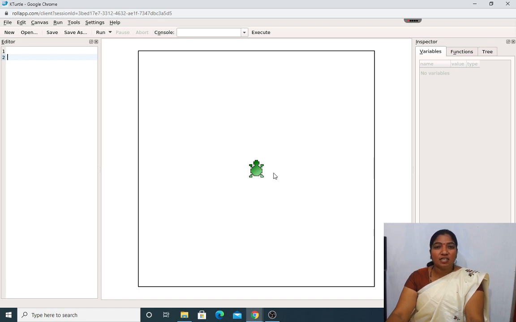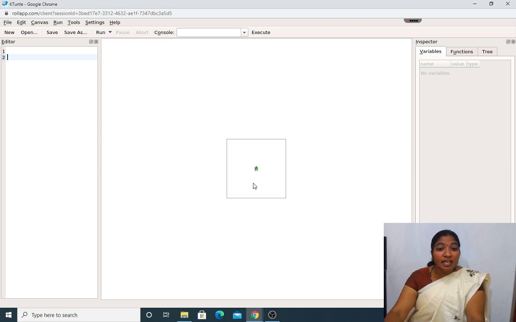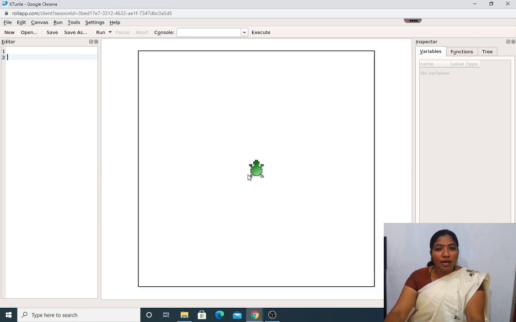Apart from that, you will have a scroller. With the help of the scroller, I'll be increasing and decreasing the size of this turtle. If I move the scroller in the front direction, this becomes smaller. As soon as I scroll upward, it comes back to its original position.